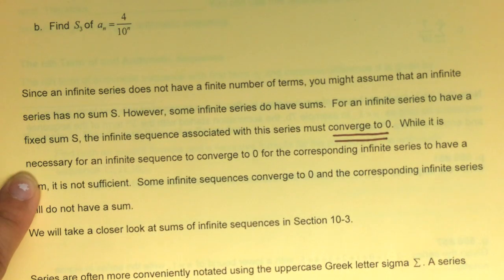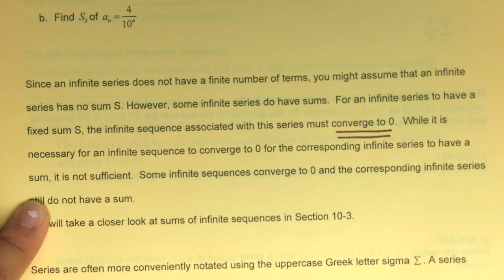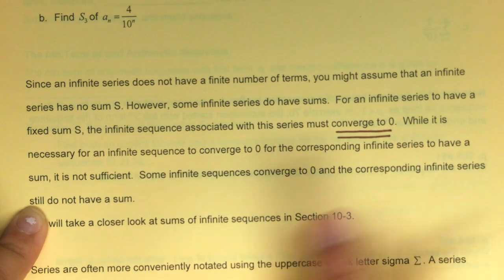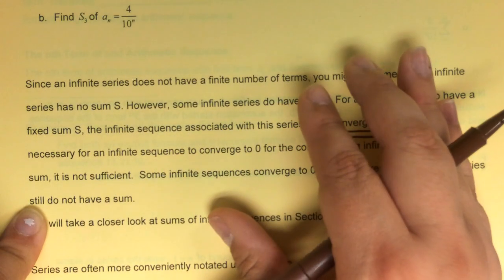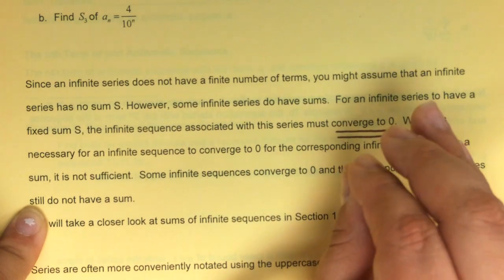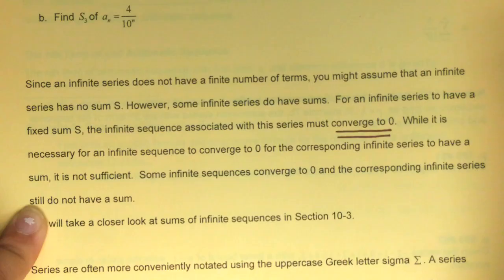While it is necessary for an infinite sequence to converge to 0 for the corresponding infinite series to have a sum, it is not sufficient. Some infinite sequences that converge to 0 and the corresponding infinite series does not have a sum. I know I just read a bunch to you and you're like, infinite, what? We are going to go over a whole day of this, so I don't want you to worry about it right now. All I need you to know is that sometimes an infinite series is going to go to infinity